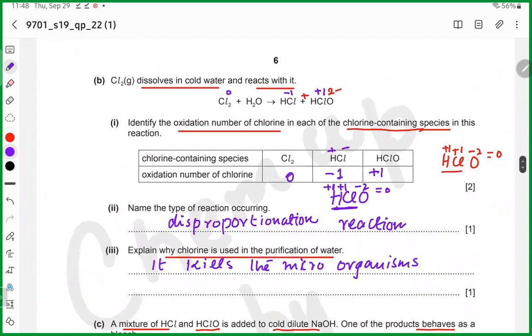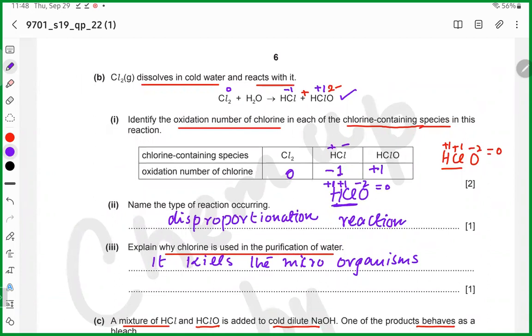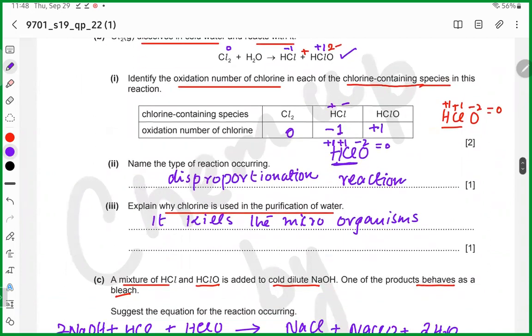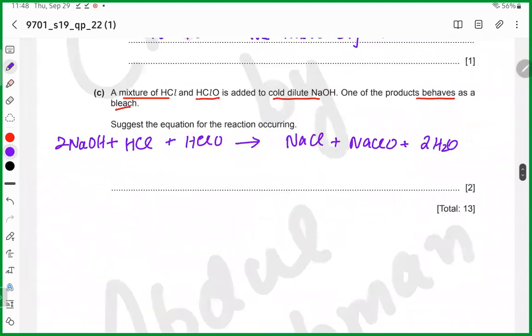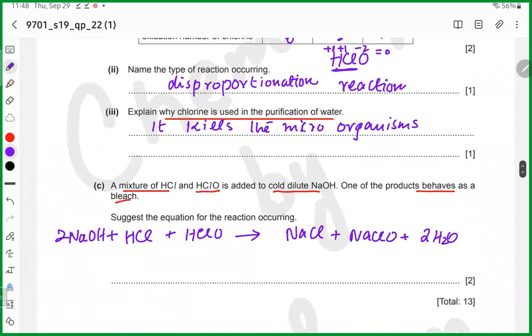अच्छा, ये देखें, ये कह रहे हैं कि क्लोरीन डिजोल्व इन अ कोल्ड वाटर एंड रिएक्ट विद इट। ये वाली इक्वेशन तो आपके सिलेबस में होगी, आपके नोट्स में भी होगी, राइट। फिर हमने ऑक्सीडेशन नंबर फाइंड किया, फिर हमने देखा कि एक एलिमेंट ऑक्सीडाइज हो रहा है और रिड्यूस हो रहा है, तो डिस्प्रोपोर्शनेशन रिएक्शन है। क्लोरीन क्यों यूज करते हैं? क्योंकि वो माइक्रो ऑर्गेनिजम्स को किल कर देता है।